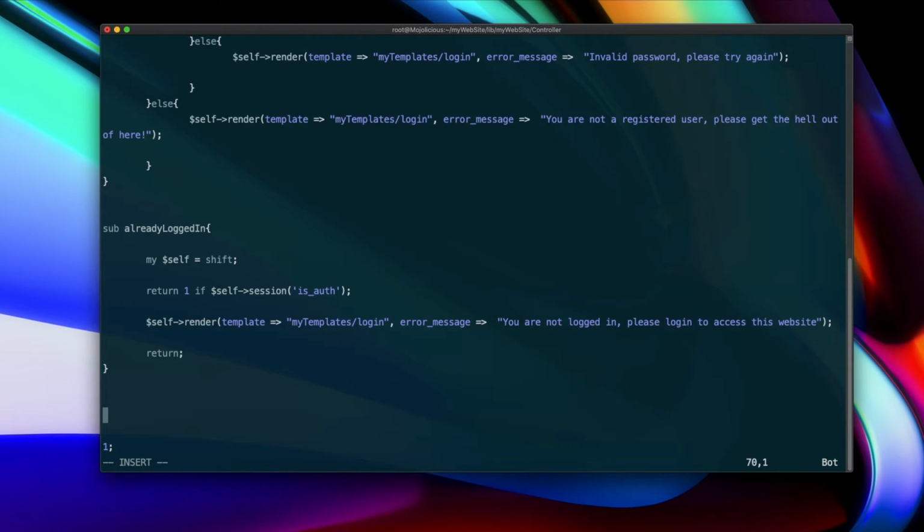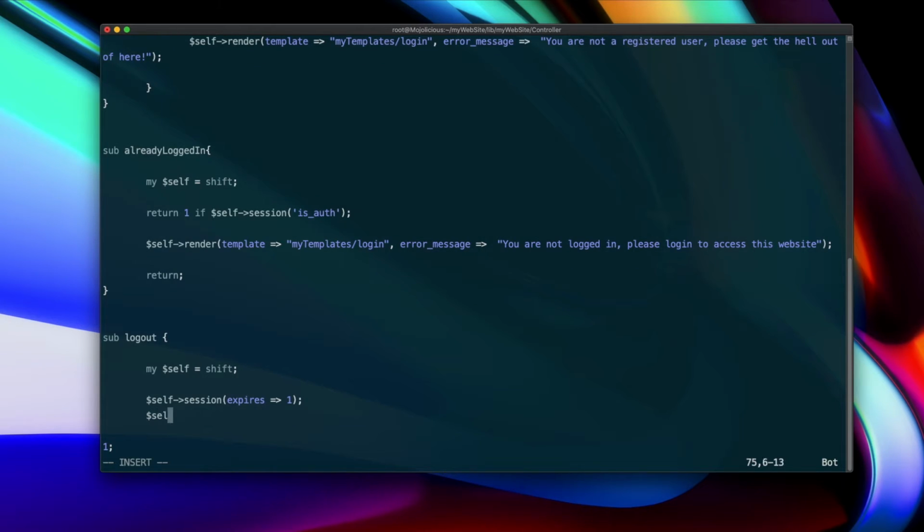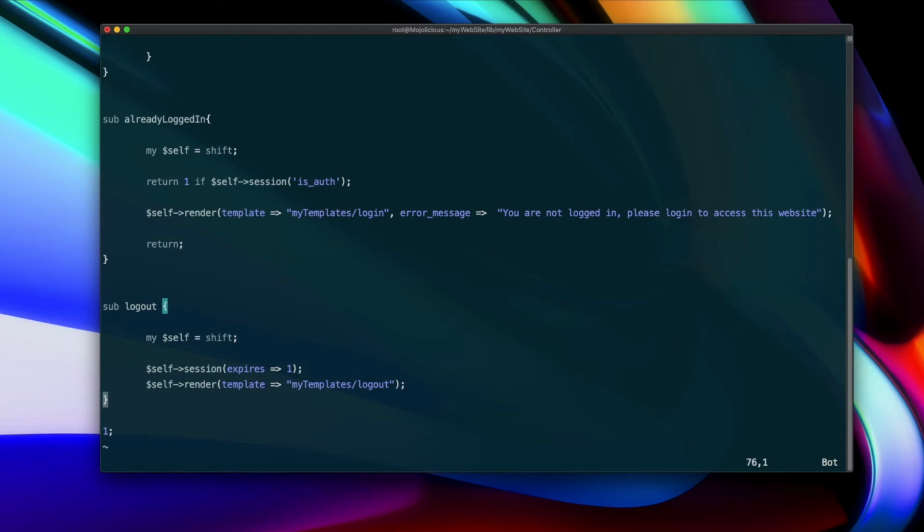And finally, logic to log out. We will end the session. Once the session is ended, we'll redirect him back to the logout page. If you remember, we created this logout page in the beginning of the session. We have pretty much everything we need to handle our page actions. Don't forget to save and exit.